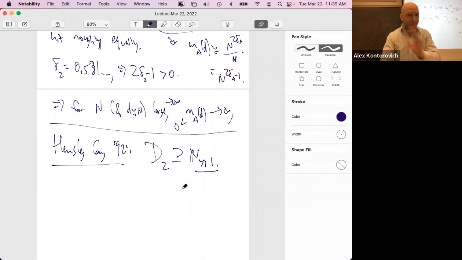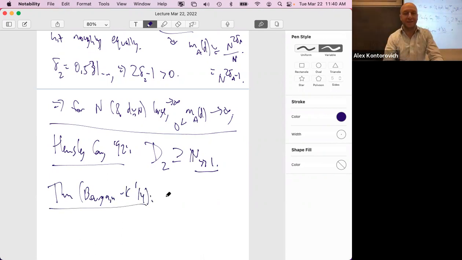But let me just say, we're not even close to this. What we know so far, and this is due to Bergen and myself in 2014, I think it came out, is that there exists some A. It was after my thesis. There exists some A. I think we got A equals 50, but since then people have whittled this down to A equals 5, such that